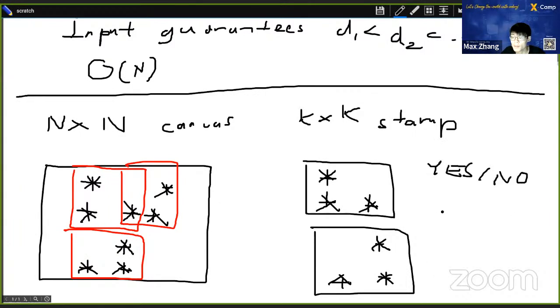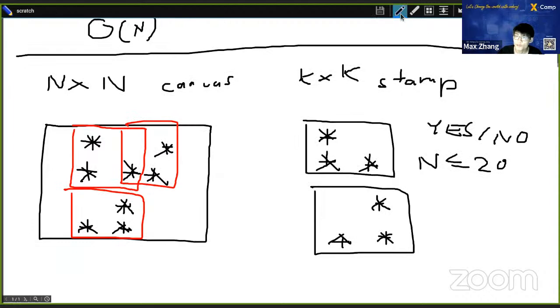And bounds, because bounds are pretty important. N is less than or equal to 20. So with n less than or equal to 20, we actually have quite a lot of leeway with our solution. So we can look for something maybe pretty simple, or just try to brute force or try a bunch of possibilities. So the key observation is that if we are able to stamp a spot, let's say we are at this cell here,